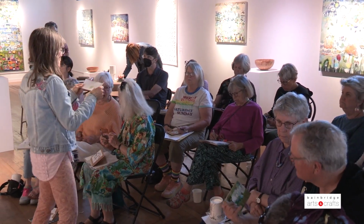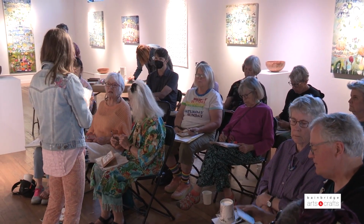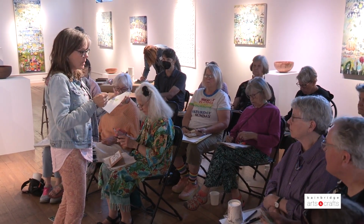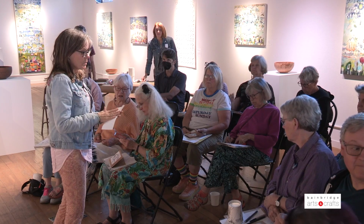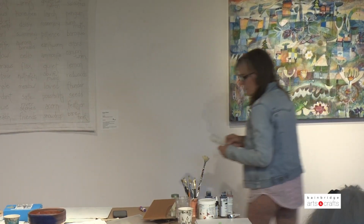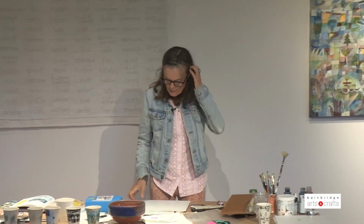So the way that you glue something down really well, make sure that you put water on this. You can spray it so that it absorbs water before you put the gel on top, because otherwise the paper will wrinkle too much. And that's just a really good trick. So with that said,